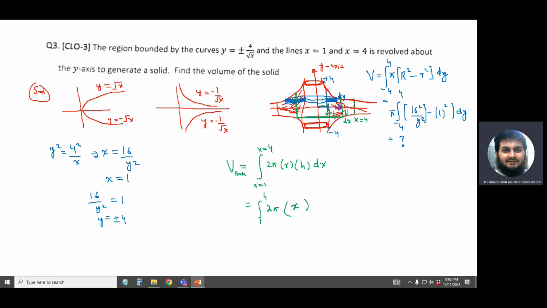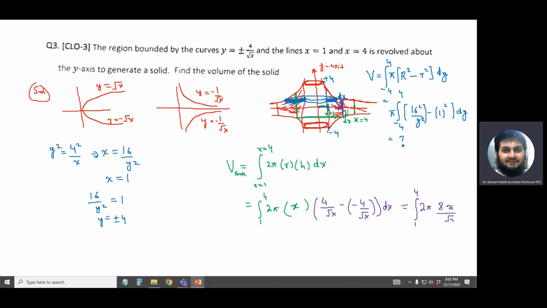In terms of the height, we are interested in this thing, and we know that this is the difference between the upper curve and the lower curve. So the upper curve minus the lower curve gives us the height. The upper curve is plus 4 over under root x, minus the lower curve, which is minus 4 over under root x, and that's it. The rest is just easy parts, simple calculations, a simple integral. I won't do every step of it, but it is quite easy to do, and that becomes 8